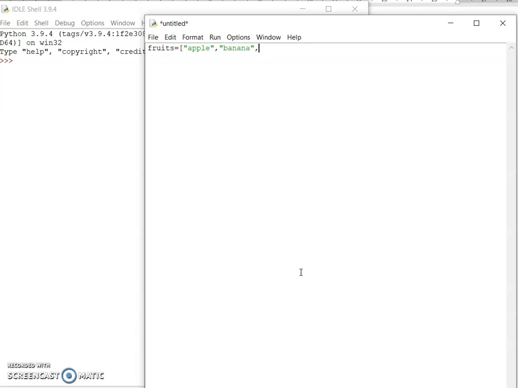Apple, banana, orange. These are the list of fruits. Next, writing for loop: for x in fruits.